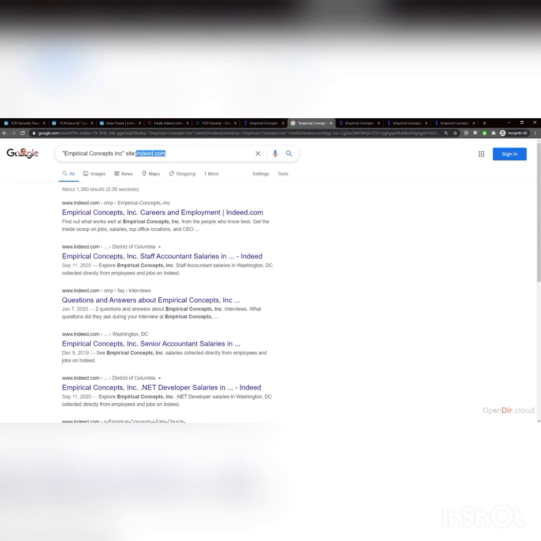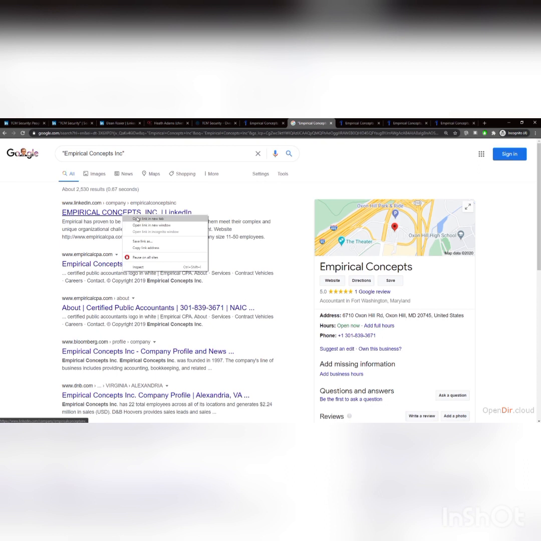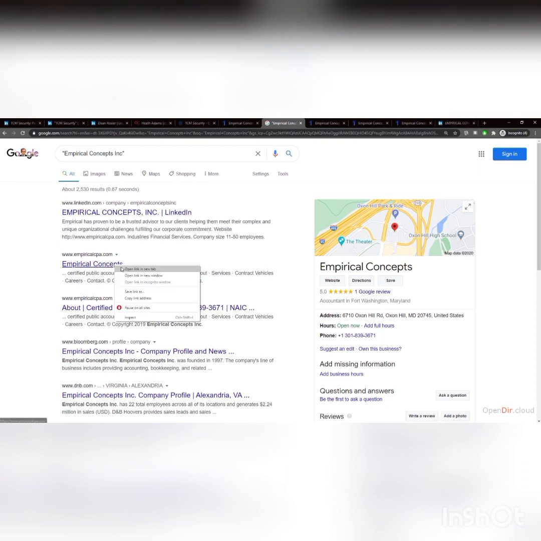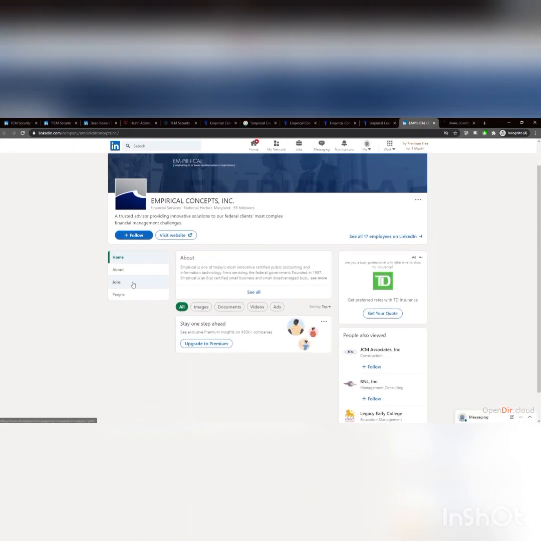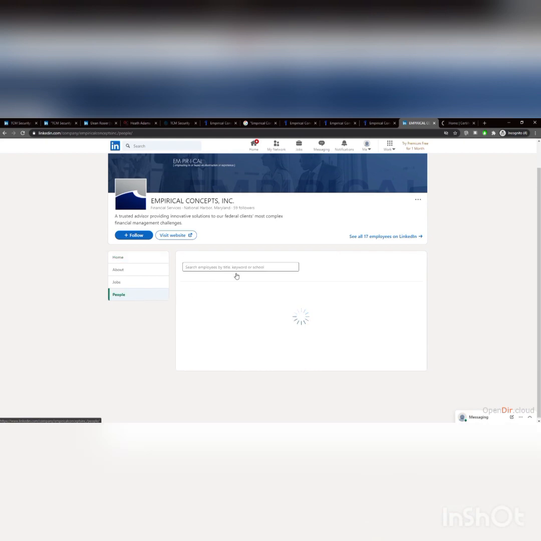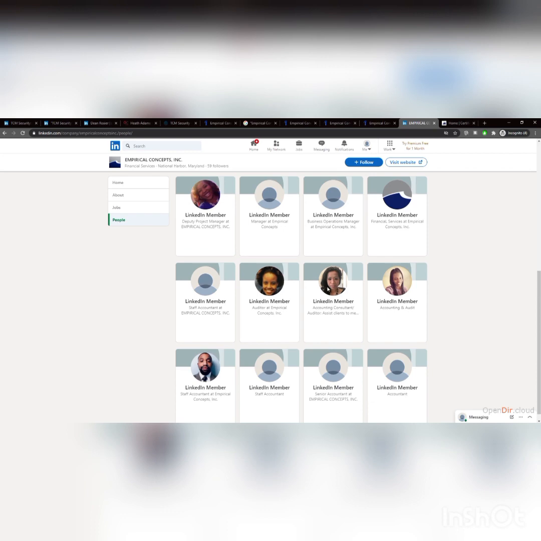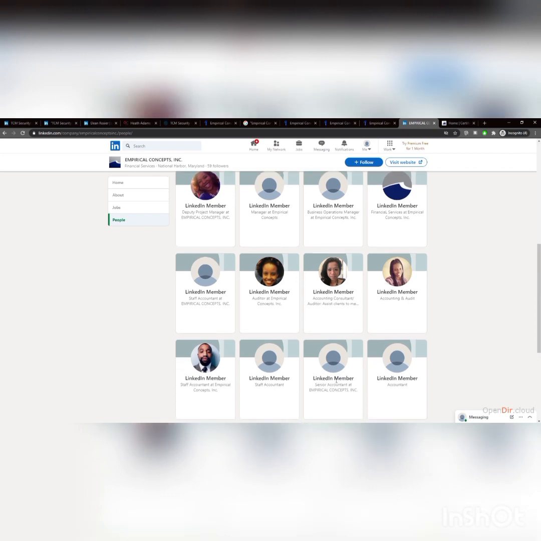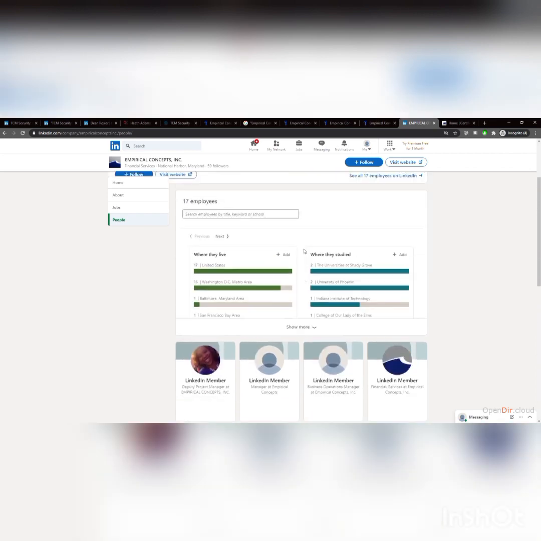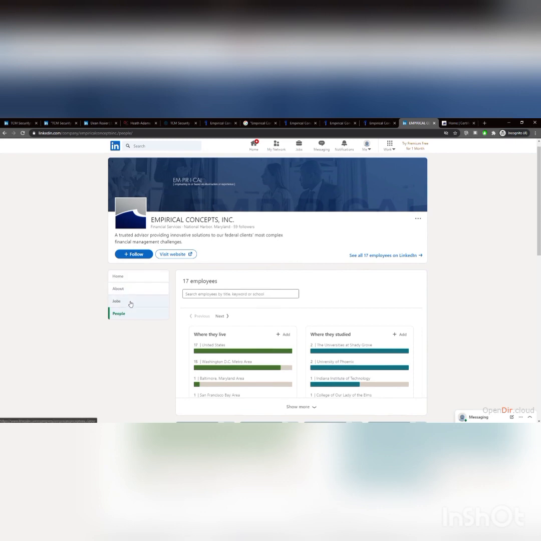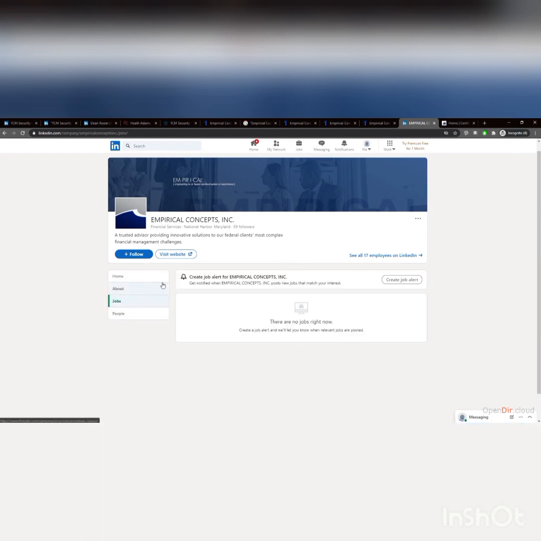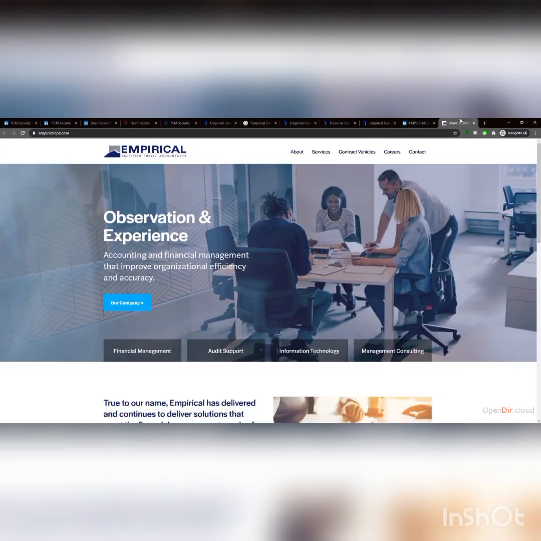Of course, if we wanted to just look up this company and see if they have a page, they do have a LinkedIn, here's a CPA. So perhaps they have jobs on their own profile. We can look at what people work here, see how many people they have. 17 employees. Same thing. Now we would have to research these images. We'd have to research the job titles, see if we could find anything about them. We can go through and look at jobs and see if they have any hirings. They're not hiring based on this.